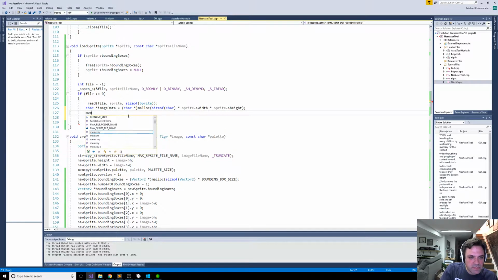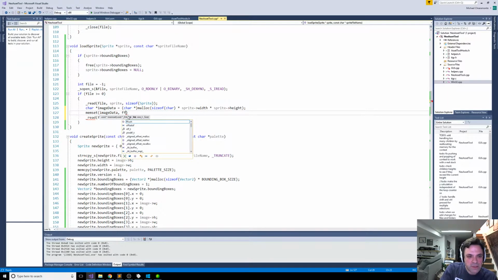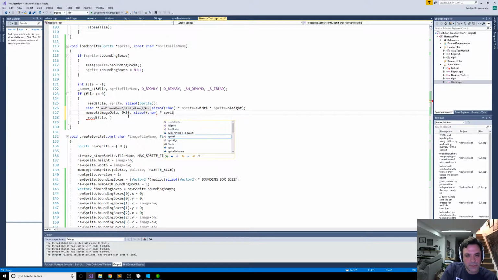Let's memset it to a value that we know we wouldn't be getting from the NES. Let's memset it to FF because we're not going to get 256 colors, right? So by doing this, we are going to have a way of knowing that we've maybe not read in all the data we should have. This is just a precaution, just in case something happens where the calculation gets messed up. We should be seeing the FF and be like, wait a minute, that doesn't make sense. That should never happen. So we read image data,